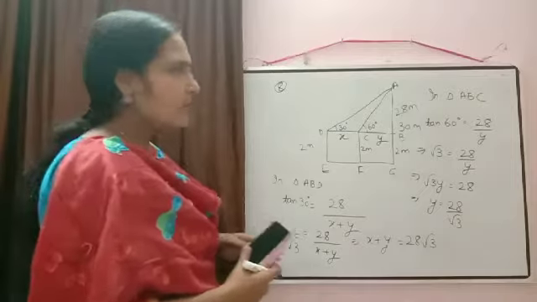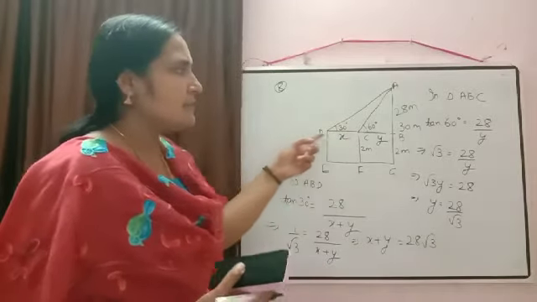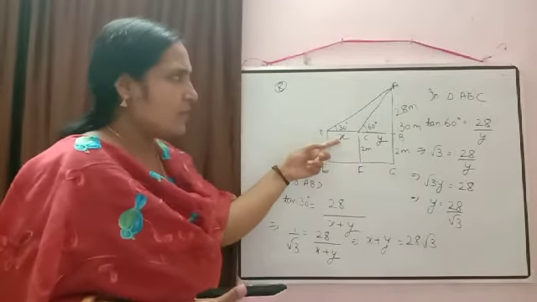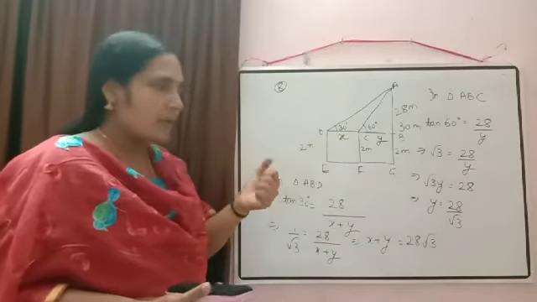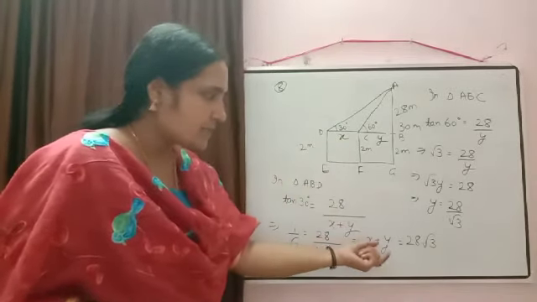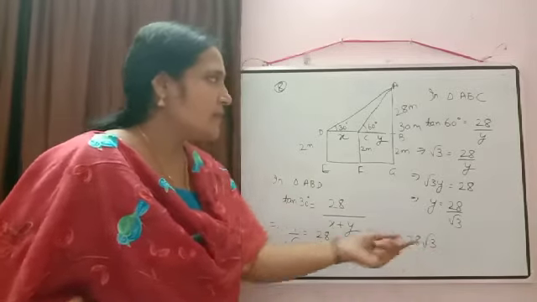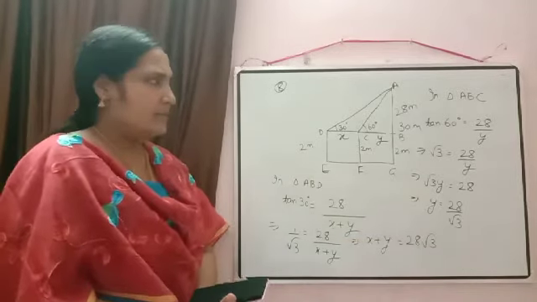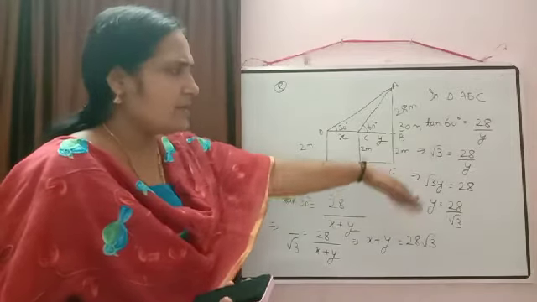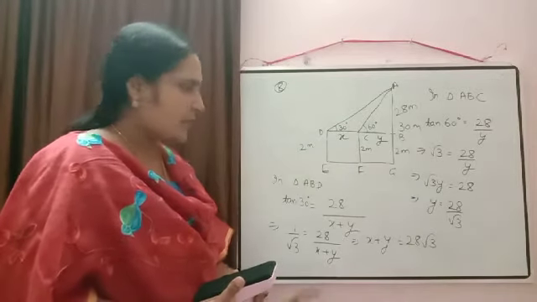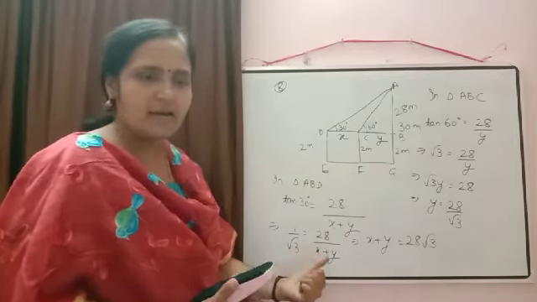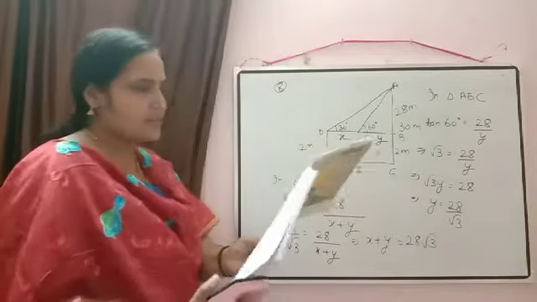And I think we have to calculate the distance he travelled towards the building, which means we want the distance x plus y only. So here we directly got the value, x plus y is equal to 28 root 3. So this one, if you want you can do, otherwise you can avoid. Okay. So I think this question is clear. Now the next question is,